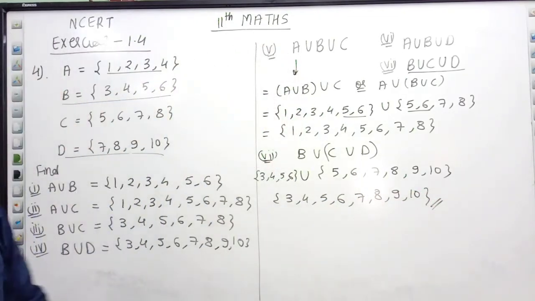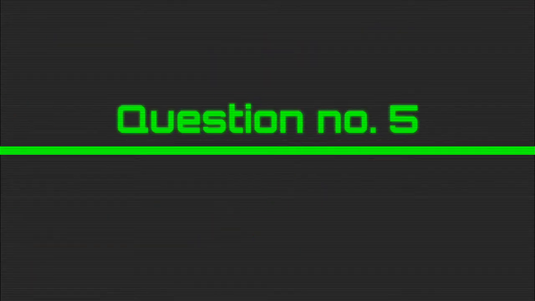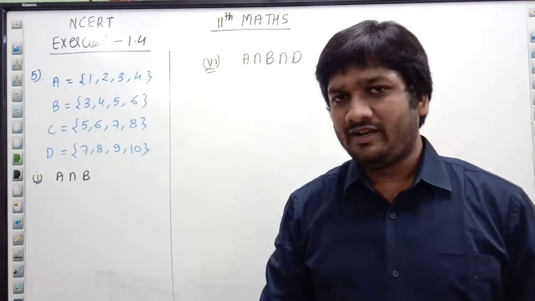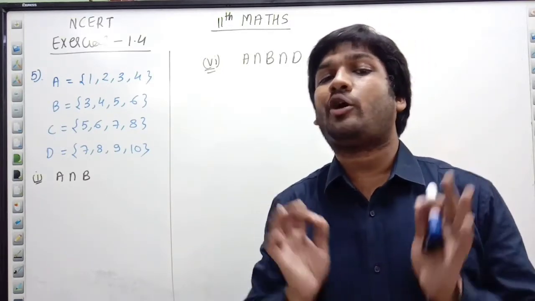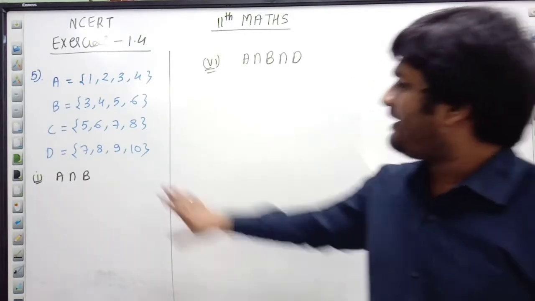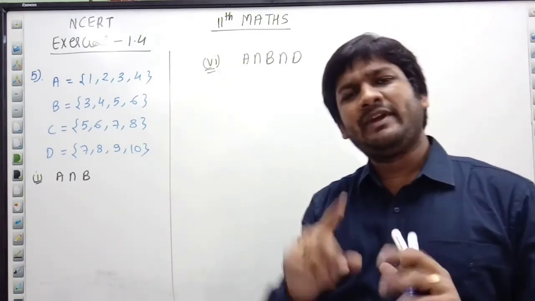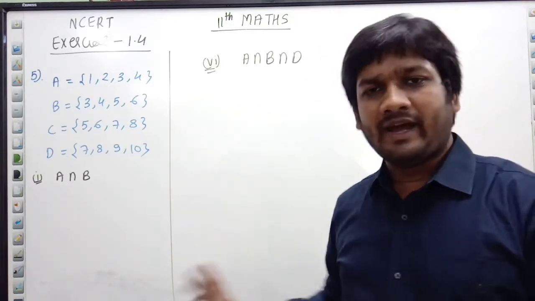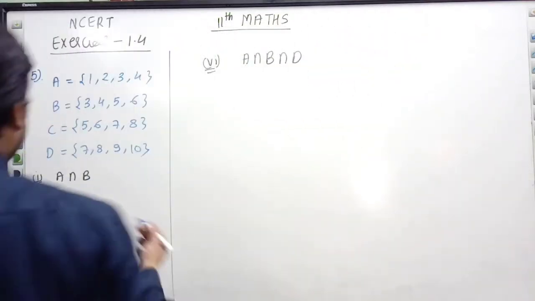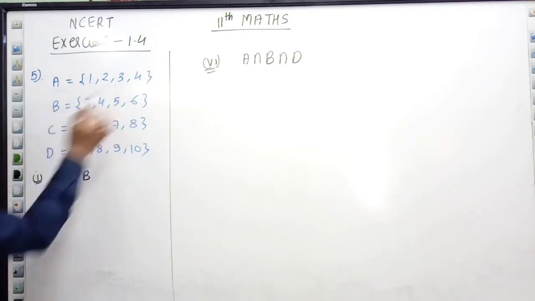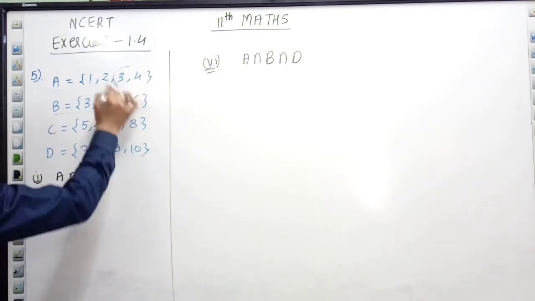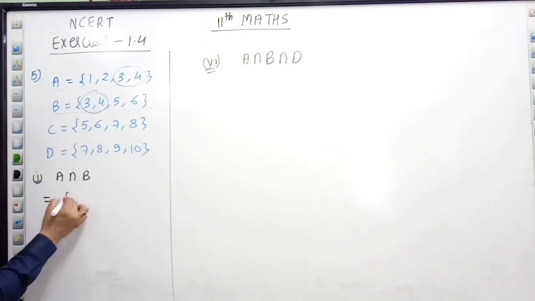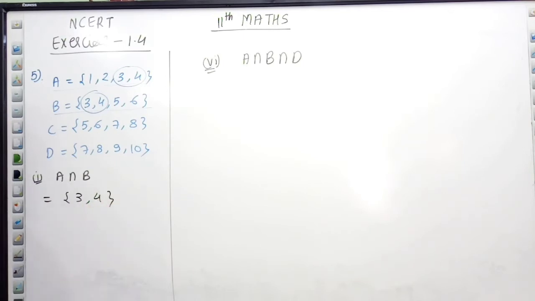So this is the solution of the question. Now in question number 5 they are telling, for the same question, find the intersection, right? In intersection we only write the common elements. So what I have done here, I have written only 2 parts. In all of them you have to put the intersection sign. Remaining we will solve by understanding these questions. A intersection B. Is anything common in A and B? Yes, you can say, sir, 3 and 4 are common. So A intersection B is 3, 4.